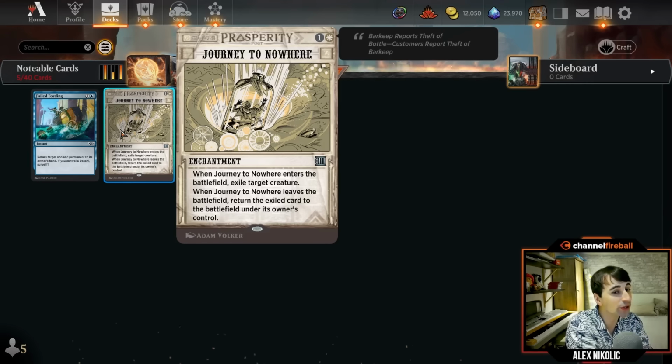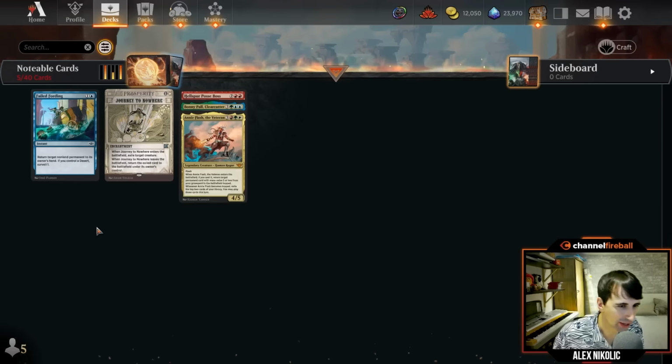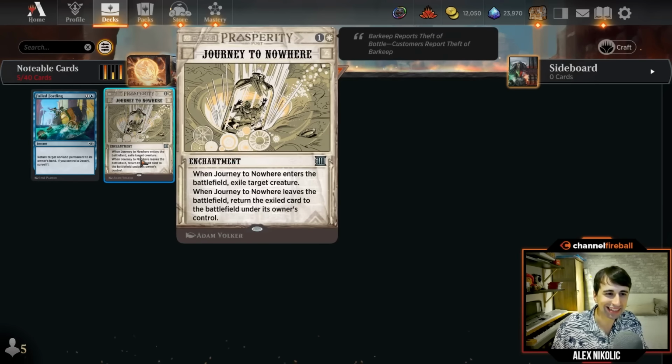And with that trigger on the stack still, you cast your Failed Forwarding, for example, the 2-mana bounce spell to bounce target non-land permanent. You can also do this with This Town Ain't Big Enough. That also targets non-land permanent. So trigger on the stack, you cast your Failed Forwarding or your bounce spell, you return the Journey to your hand, and what happens then is the secondary trigger will go on the stack, when this leaves the battlefield